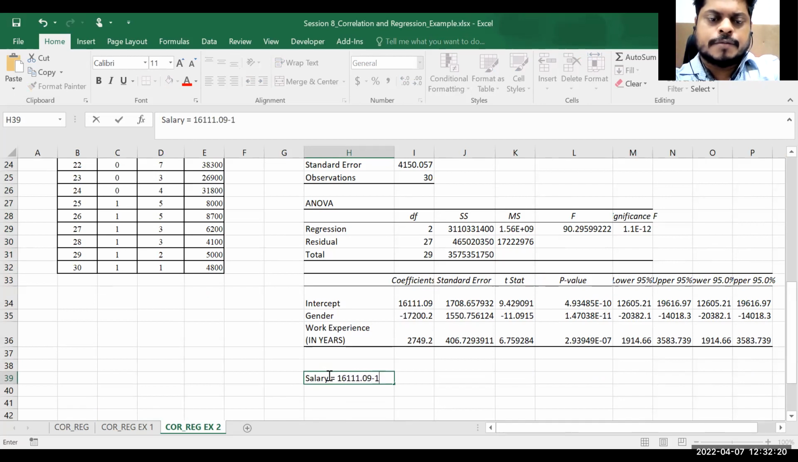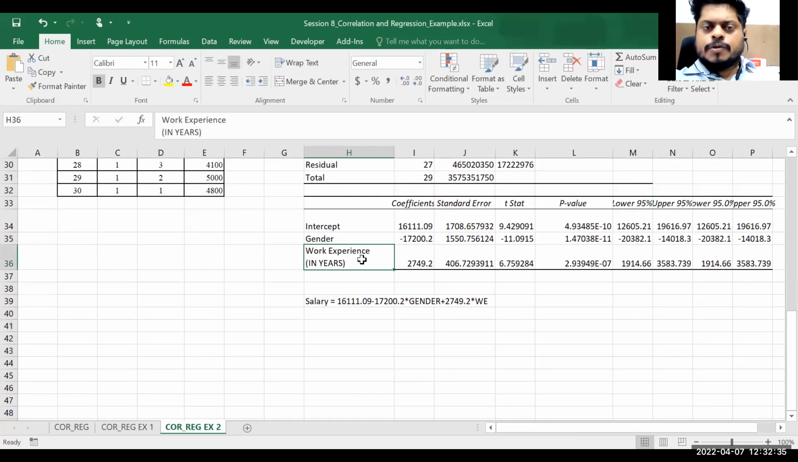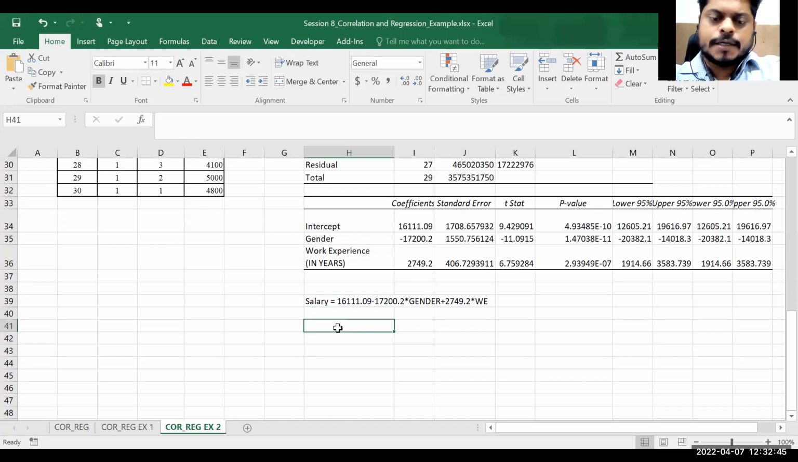Salary is 16111.09 minus 17200.2 multiplied by gender plus 2749.2 multiplied by work experience, right? Now what happens? I know that keeping gender the same, any change in work experience will improve your salary. Any 1 unit change in work experience will improve your salary. So I can write, keeping gender the same,